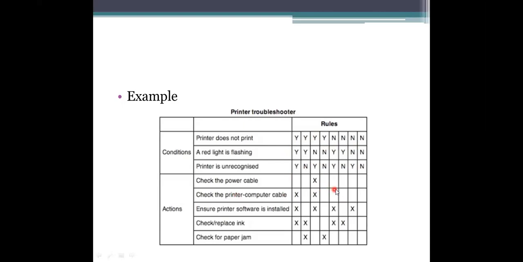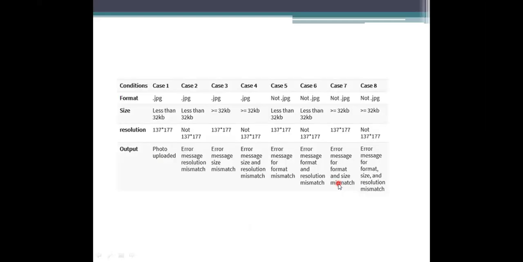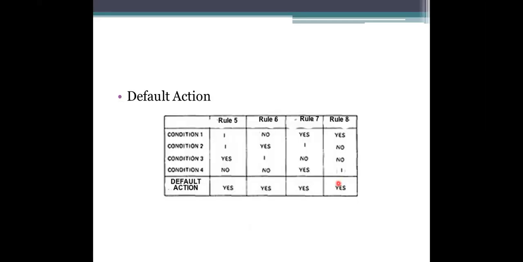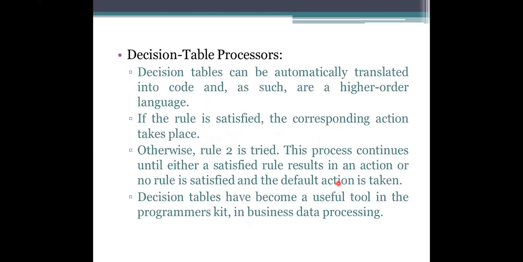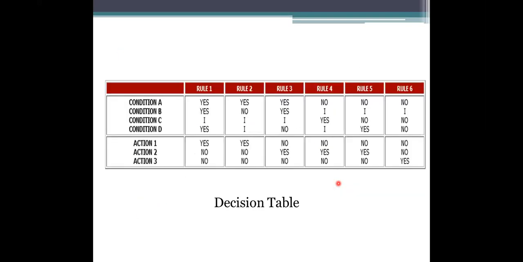Here we can specify it as yes or no, or a cross mark, or simply leave it empty, which means it is not to be executed. This is an example we have covered so far. Now coming to the immaterial case. Immaterial case means conditions which are not involved in the process. In such a case, what do we need to do? We need to mention whether they are involved or not. So how am I going to specify that here?